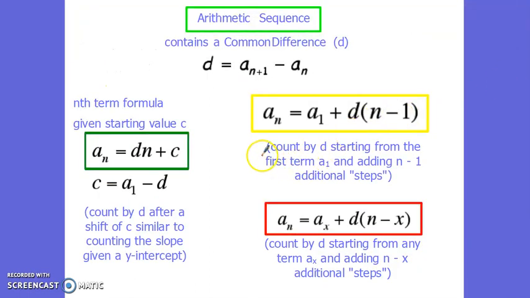So let's look back here real quick and we'll look at a few different formulas that you can use for an arithmetic sequence. Then we'll show you where each one is sort of to your advantage as far as using them. So the first and foremost, the nth term explicit formula, as we say, to be able to just plug in terms and find each and every term without having to base it on a previous term, is that a sub n is equal to the common difference between each term, or essentially kind of like a slope, multiplied by which term we want to find,